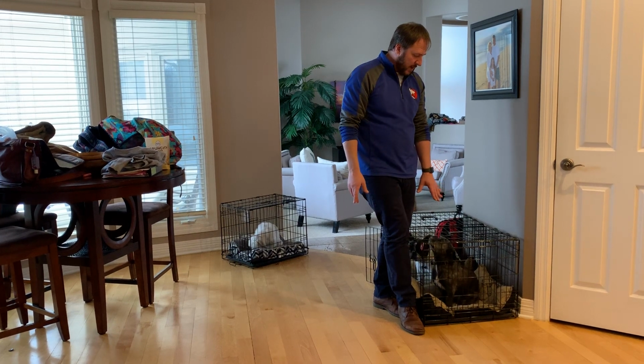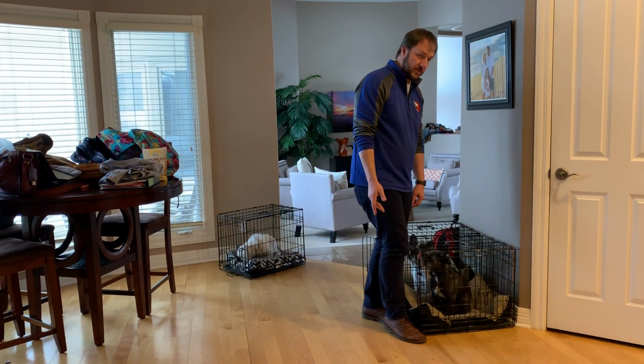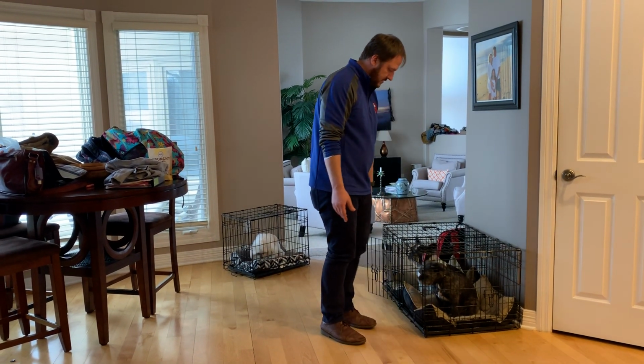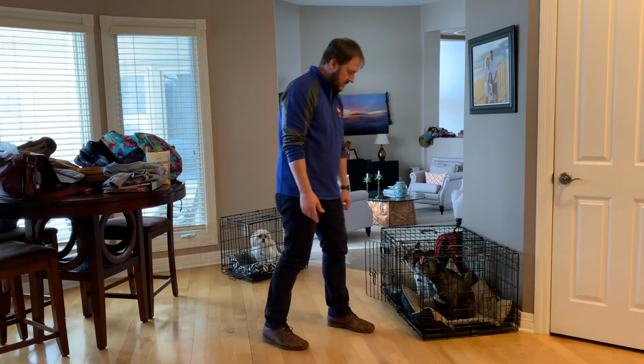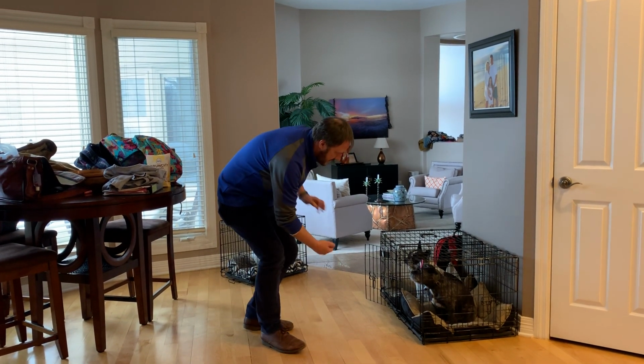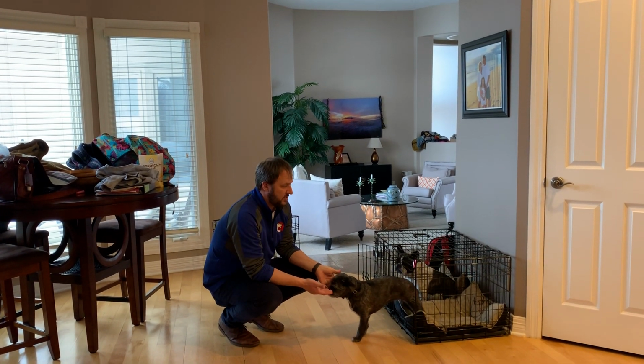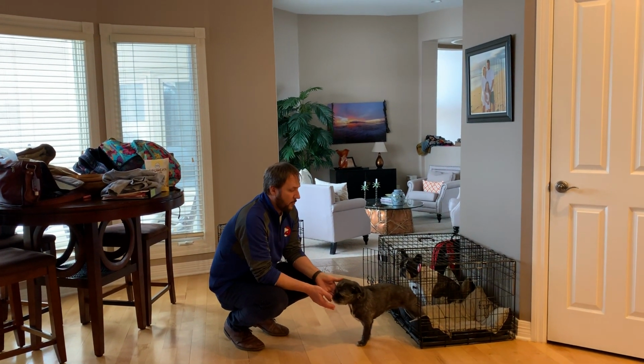So usually what I do is I wait for the dog to sit at first. As soon as it sits, I take a step back. The dog tries to come out, I move forward. I take a step back. And then I get to invite the dog out. Come. Come. Now, this is a lot easier because she's been in here for quite a while